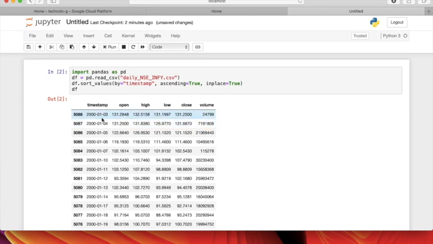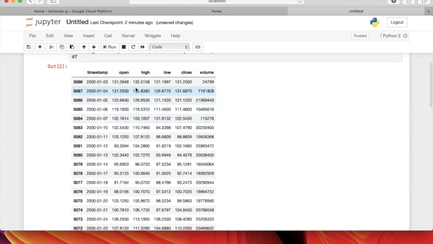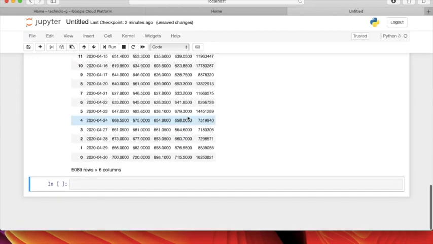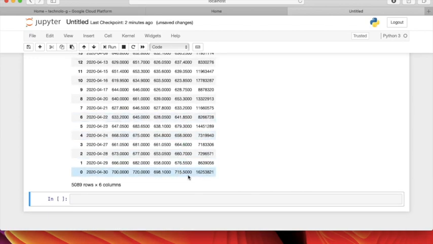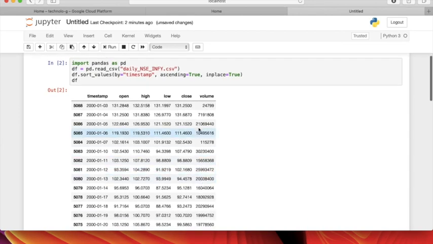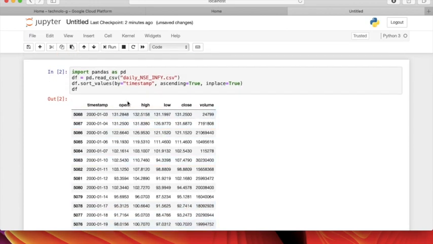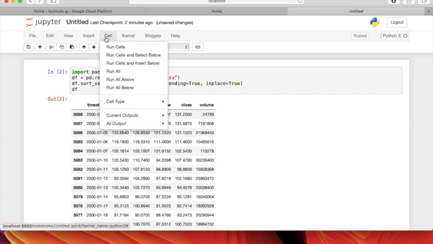in the year of 2000, right? So we have about 20 years' worth of data, and by the time it was trading around 130 rupees, and now it is around 715 rupees, right? In the last 20 years it has gone down to say 98, 94, 92. Okay, doesn't matter. So that's not what we want right now. So let's clear this cell,